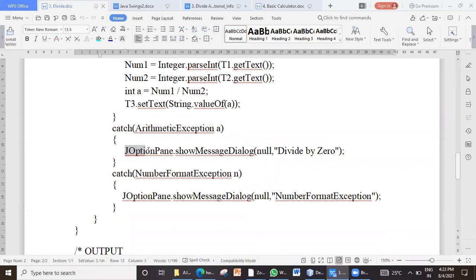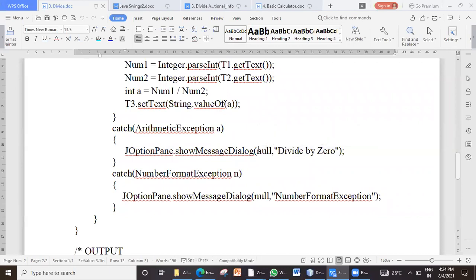So to display a message box, we are going to call the showMessageDialog method, which belongs to the JOptionPane class. Just now I demonstrated, right? So JOptionPane.showMessageDialog accepts two parameters. One is the parent component on which it should be displayed, and second is the message. Now, in case of an applet, the parent component will be null.